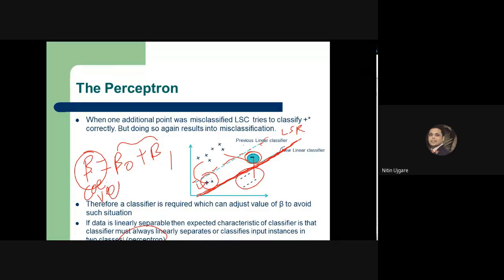So beta can be called the coefficient vector or weight vector, and it is represented as beta 0 plus beta 1. Well, so what is the perceptron that we were discussing? The perceptron is a linear classifier which performs the classification of linearly separable data, and which has the ability or potential to update its weight vector or coefficient vector.